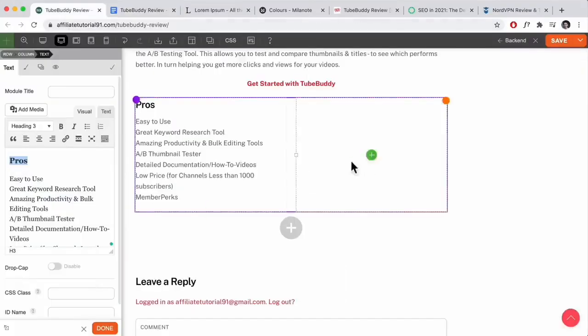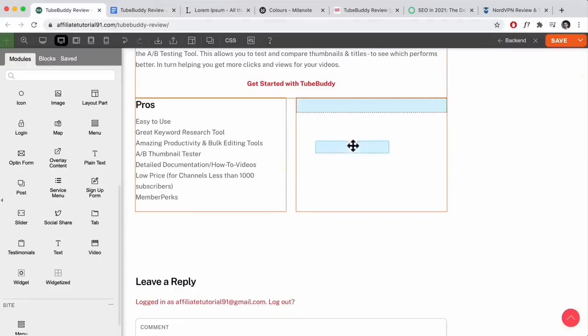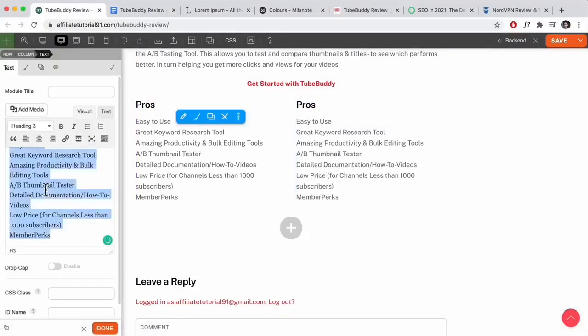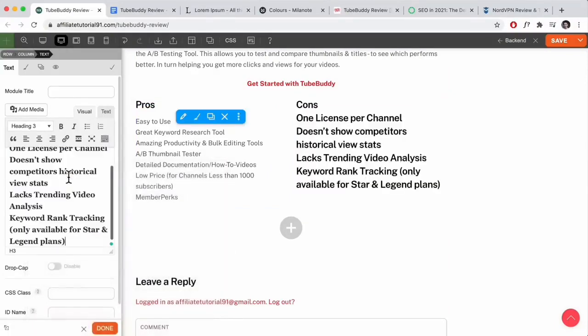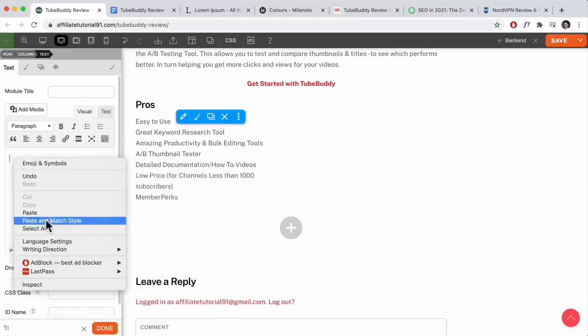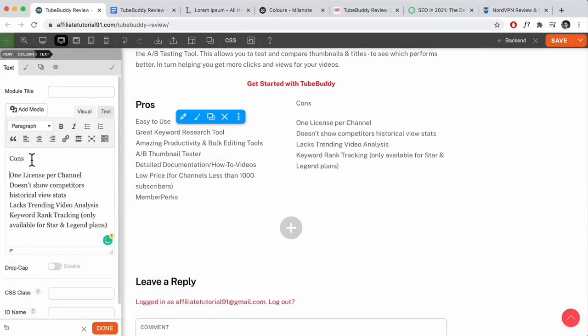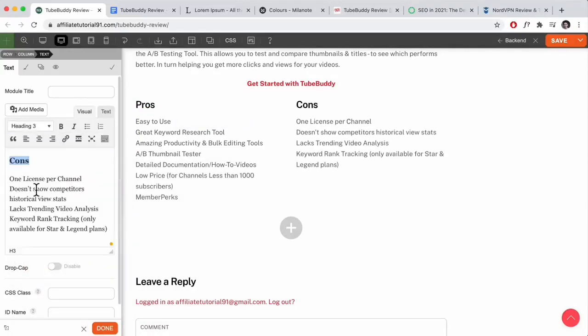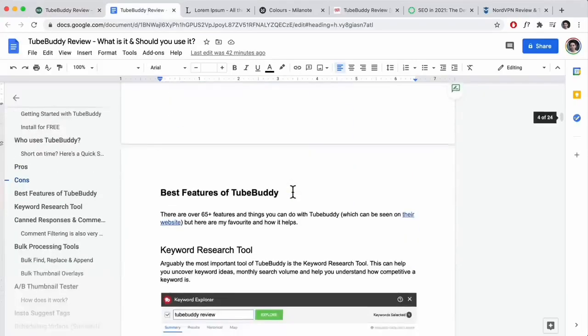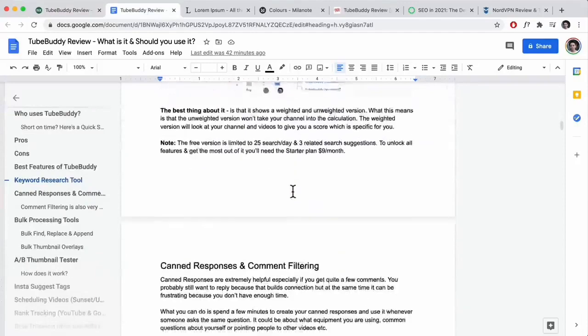copy that, and then we can just duplicate that one, drop that one over, click this in, select all, and maybe just paste the match style. Oops, that's not good. Let's just delete that first, paste and match style, click on enter, change this to heading 3, save it. Let's click on this, and okay, so for the rest of this stuff, you can pretty much